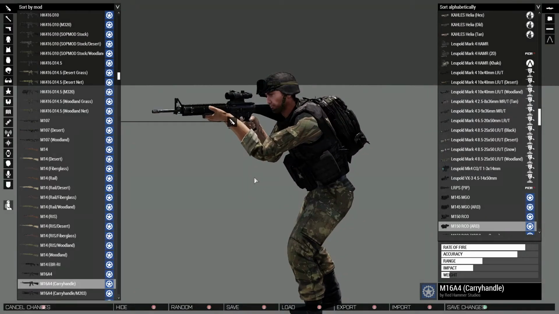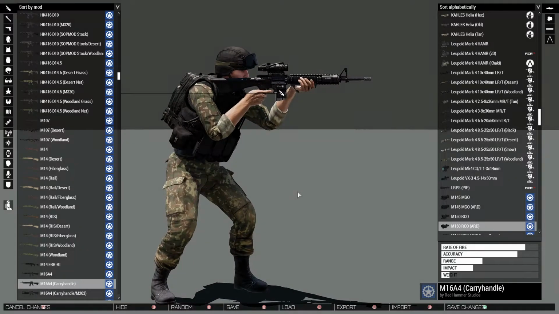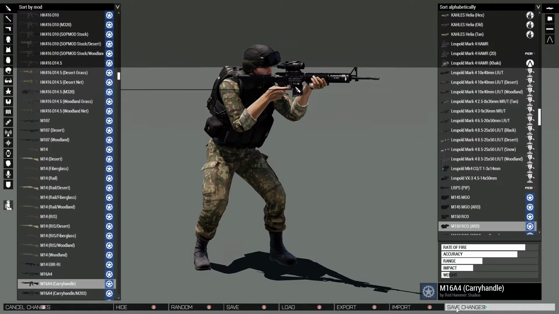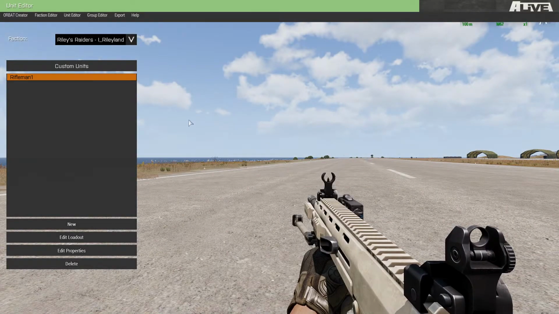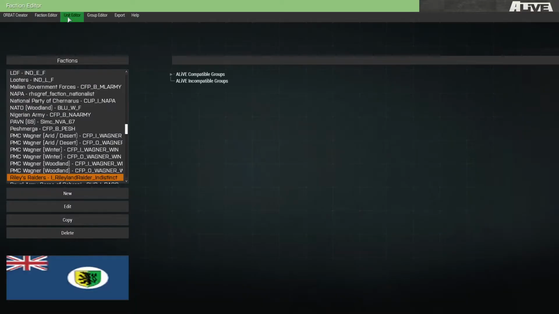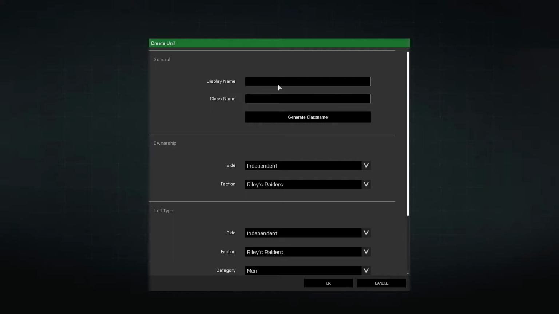Yeah, this is a Riley's Raider rifleman. Got an M16, ACOG, all that. I'm going to save changes. It might do this, but it's okay. Faction unit. There. See, he's right there. But you can't have a faction of 1 man. It's not a 1-man army, so